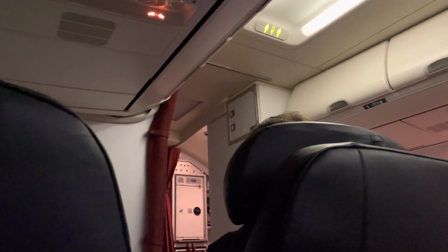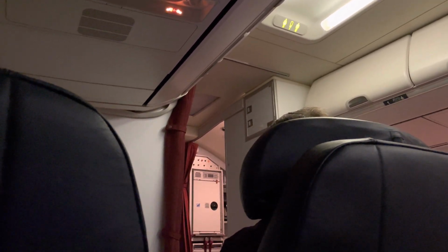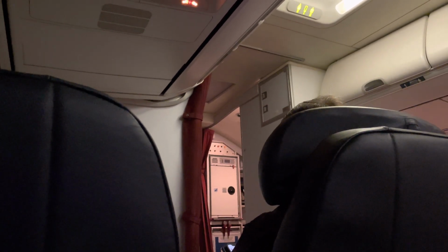Savoury snack will be provided. A cashless bar service is available with alcoholic drinks from $6 and soft drinks at $4 each. Apple and Google Pay are accepted. There are 2 lavatories located at the rear of the aircraft for your convenience. May I remind you this is a non-smoking flight. Smoking, including the use of...